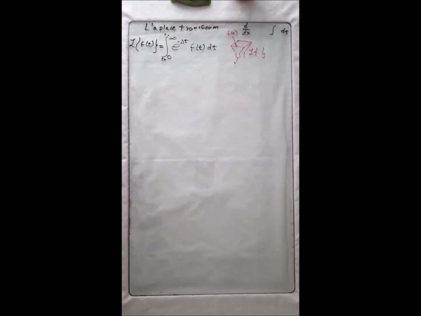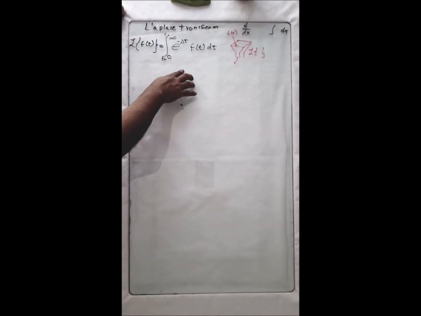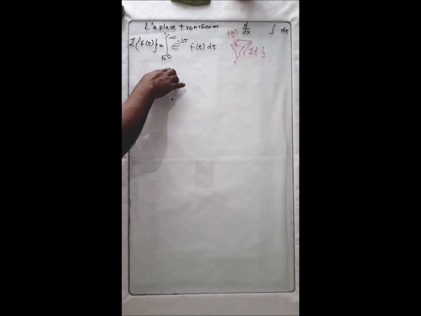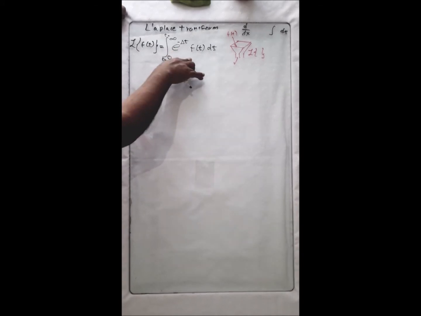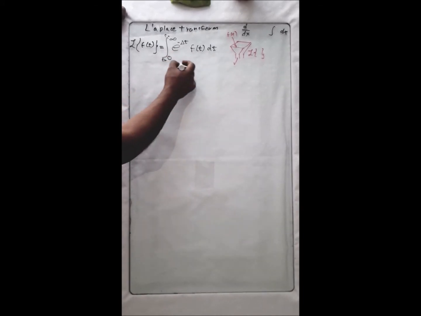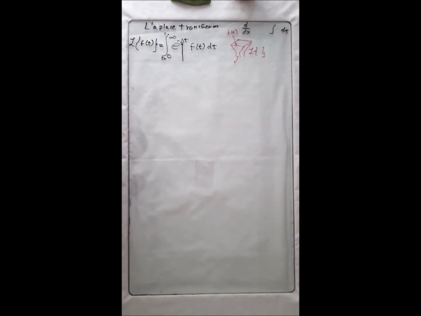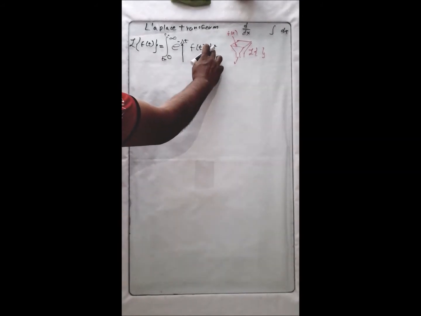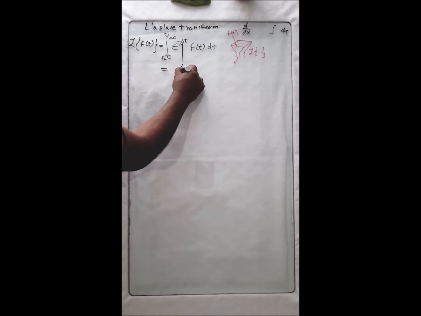When you solve this integral, what you are going to do later is replace the upper limit minus the lower limit. That means you are going to set t equal to infinite and then t equal to 0. So the values of t are going to be defined. What is the only variable that is not defined? The s. So it's going to be free. In the end, what you are going to get out of this is something that is only a function